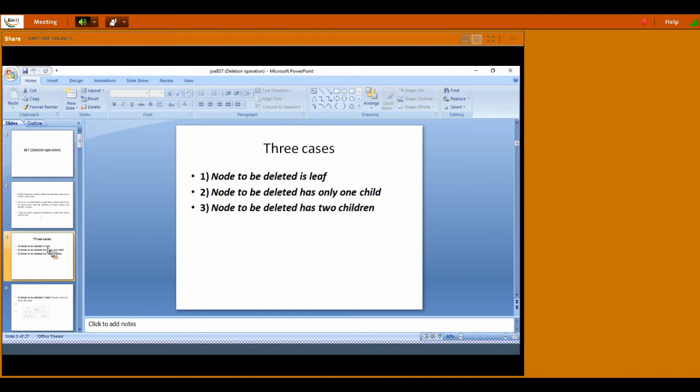If it is not a leaf node, it may have one child or two children. If it has only one child, what is the procedure to delete that node, and if it has two children, then what is the procedure to delete it? These are the three cases to be considered while deleting a particular node.